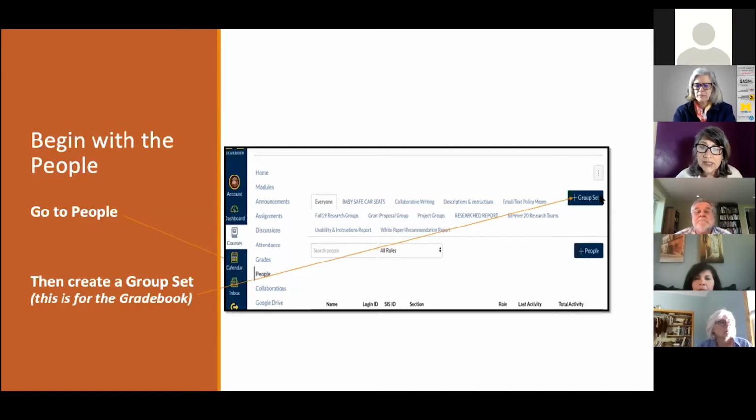But the group set, whether it's a discussion board or an assignment, the group set will actually place it. It's like a large umbrella. It's like a module for the gradebook into which you can have one discussion, or you could have multiple assignments that fit into that group set. So especially if you're weighting your grades, if you created weights for them, the group sets will help organize them into the proper weighted section. So I think that's the best way to think about what a group set is.